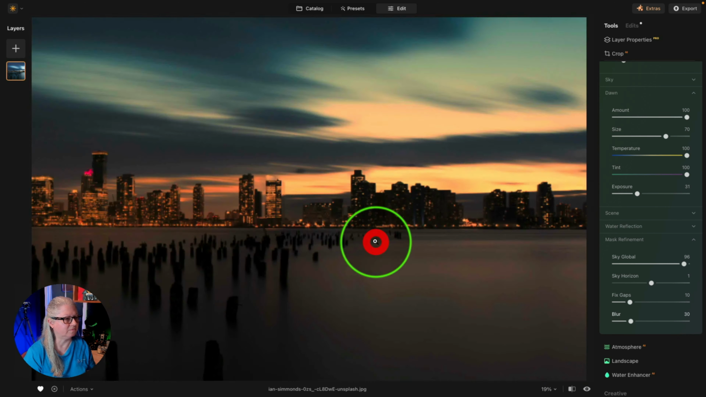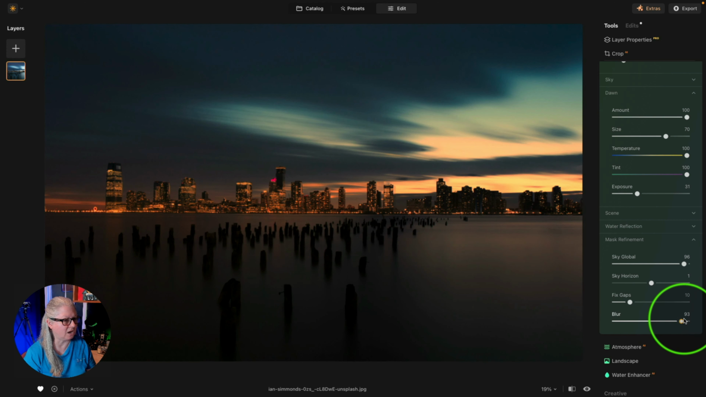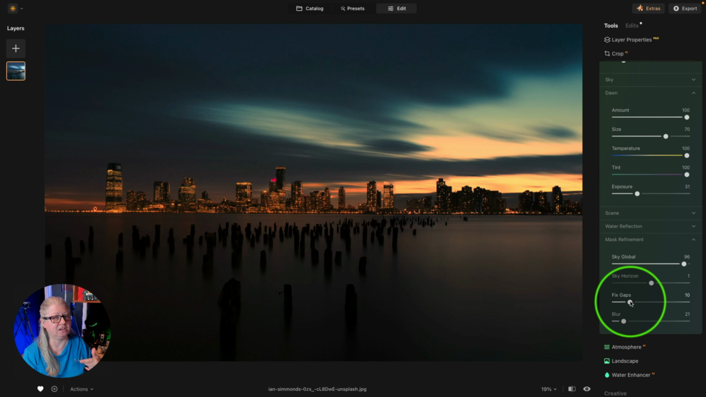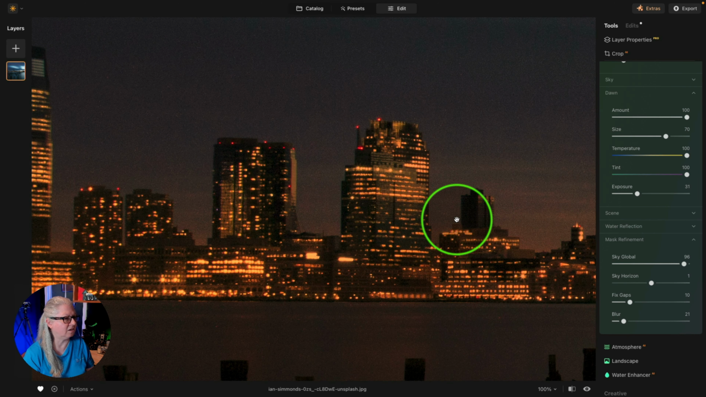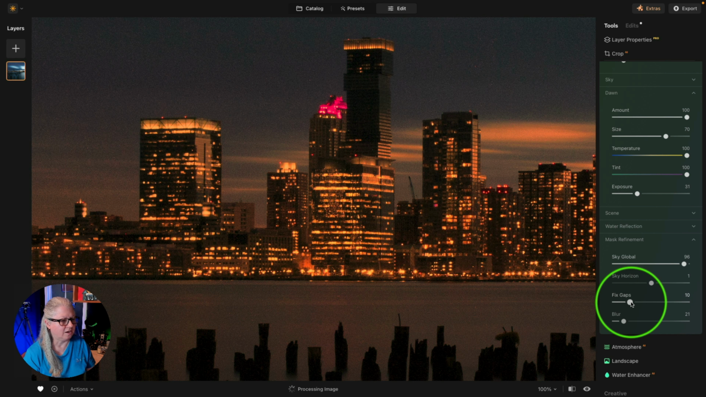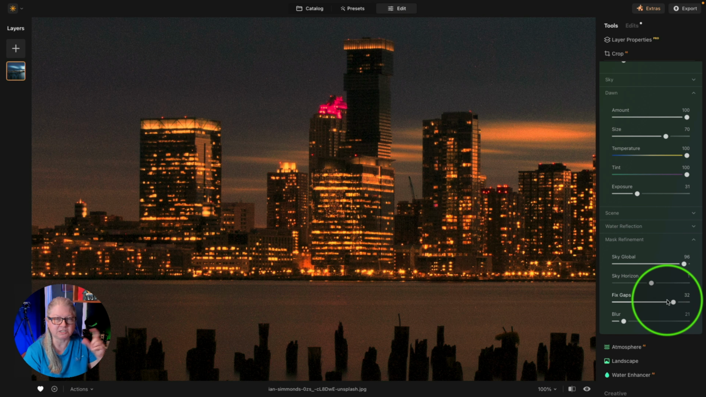That looks better. You can also blur the sky if you want. In this case, I don't need to. And fix gaps will bring things back like TV antennas or the ends of branches that have been cut off when you increase global. In this case, I think the fix gaps is fine. I find that if you increase it, you end up with some missing bits again. So find a balance with the Sky Global and the fix gaps sliders so that you have a realistic blend